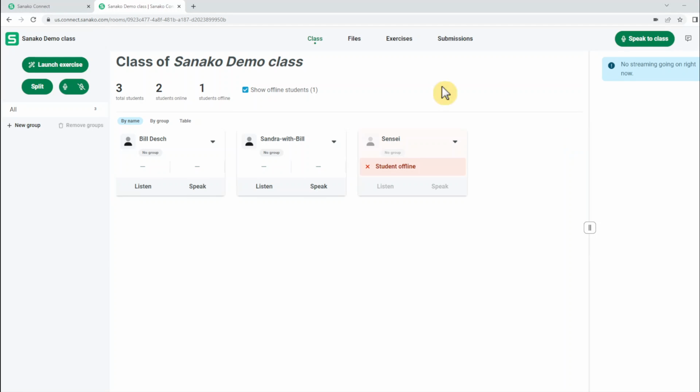So perhaps the students were working on something, and if I just want to listen in on Bill, I can click listen, and then I would be monitoring his speaking activity. I can listen in on what's going on. If I wanted to speak to Bill, I can click on speak, and once again, by default, it'll just give me the audio to speak, but it will give me the option to use video as well. Let me try that here. I'll hit speak,